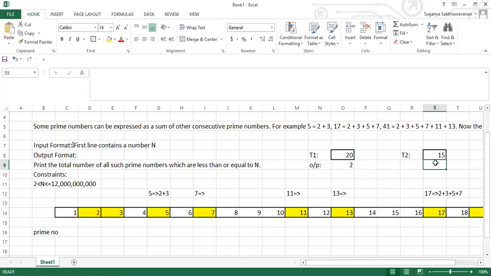If you take the range of 15, then we'll have only one value. So is this clear? What is it that we are printing? Here we are printing the total number of prime numbers, expressible as such a sum, which are less than or equal to n. So n is also included. In case they mention 17, then if the given test case is 17, the answer will be 2. We are supposed to include the given number also. Are you clear with the scenario? Is there any doubt in the scenario?